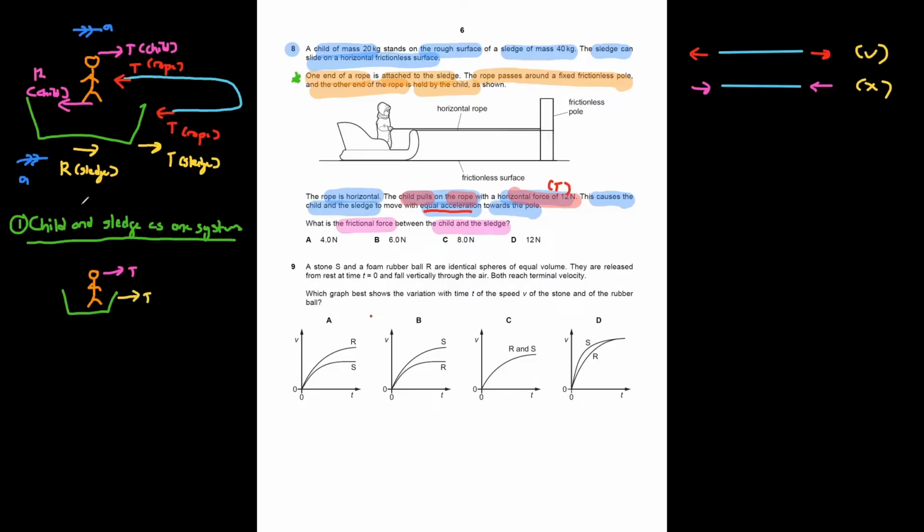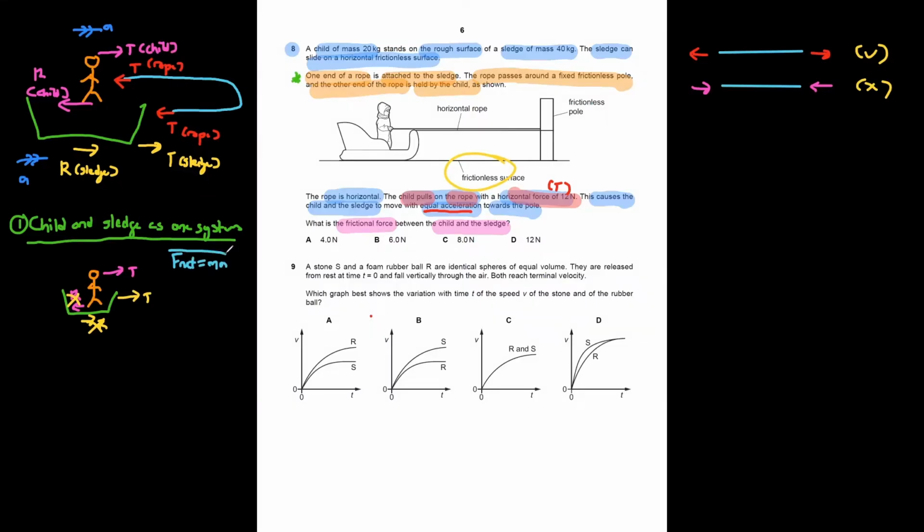Now you won't need to consider the frictional forces, because if you consider the frictional force on the child and the frictional force on the sledge, notice that they are actually cancelling each other off. So these two forces need not be considered. Also bear in mind that there's no frictional force between the sledge and the surface on which it is sliding. So now if we apply the equation F net equals MA